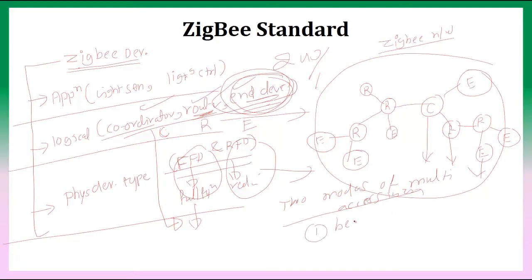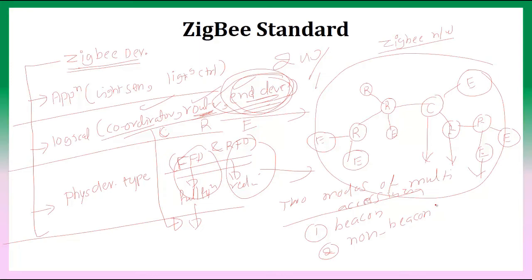One is beacon, another one is non-beacon. All right, so in a non-beacon enabled network, we could say every node in the network can send